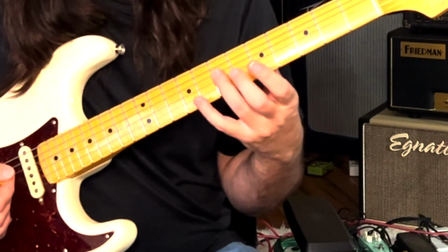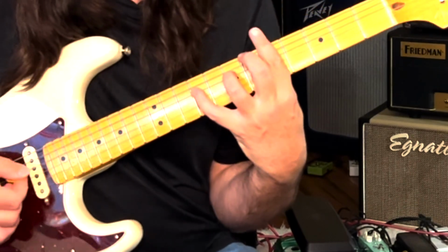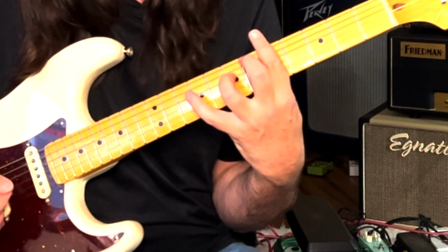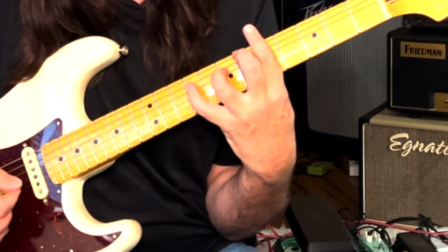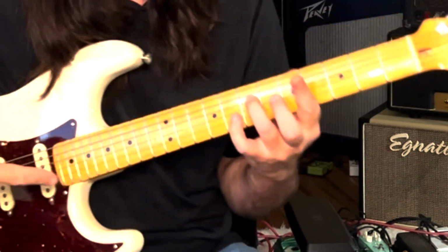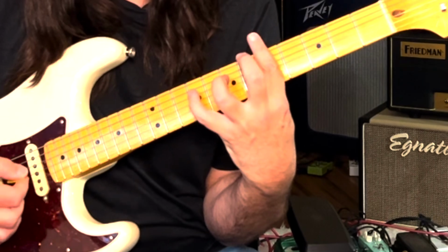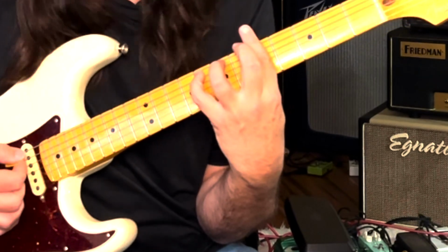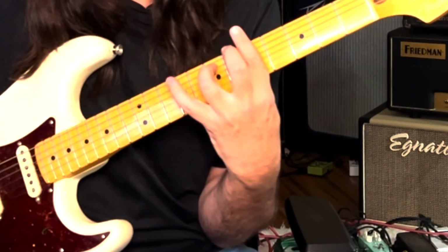So what we did there is we're on the 7th on the D and the 5th on the G, but we're barring. I'm going to hammer on the 9th. Leave this finger here. And pick as you pull off. So we're going. This finger here is staying right on this fret. And I got my ring finger on the D string on the 7th. And then my pinky's going to be on the 9th. And then the next string down, the A string, I'm on the 8th, and then the 7th. This all stays barred. Then I go